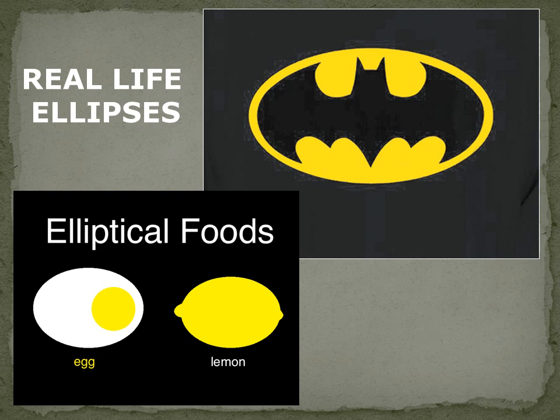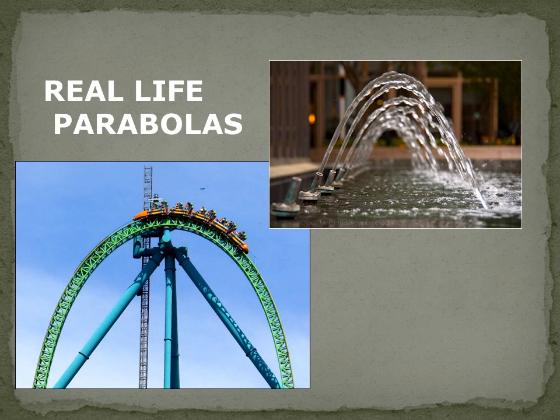Real-life examples of ellipses are the Batman symbol and some shaped foods like eggs and lemons. And real-life examples of parabolas are roller coasters and certain shapes that you can make from waterfalls that are not necessarily a half circle, but more of a half